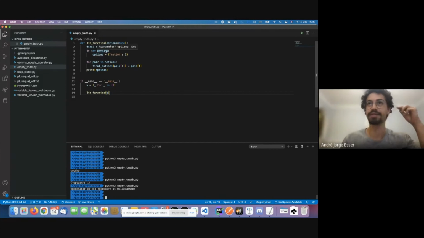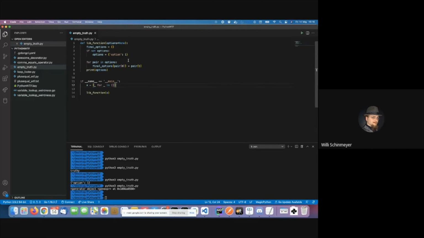Exactly, yeah. But you can't control the library code many times, so in this case, if you have this issue where you want to pass it and not have the defaults, but also want to have it empty, you can use this empty truthy object. In this case, the options are immutable, so you could also use the default value inline, right? And then you wouldn't have the problem